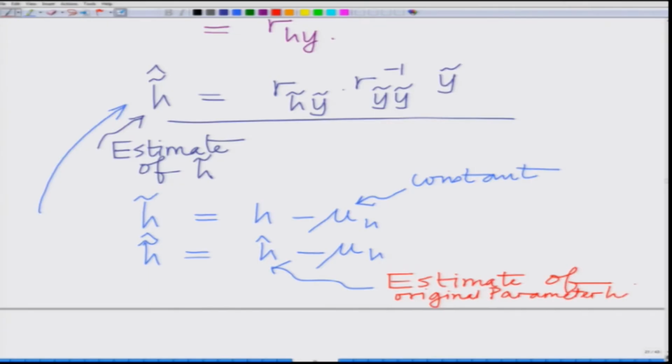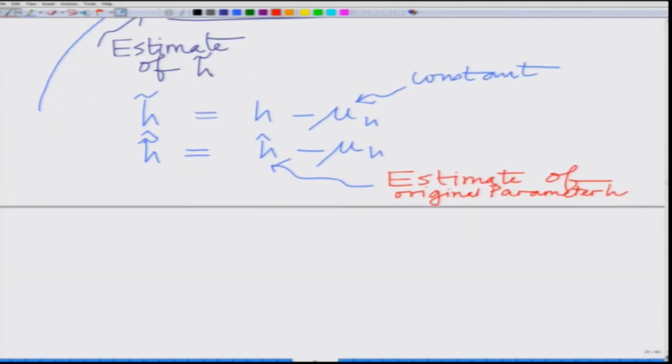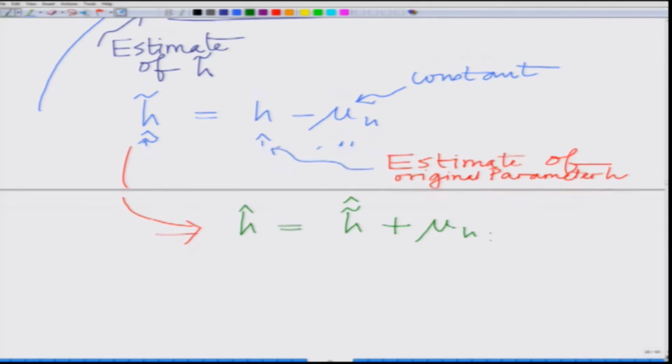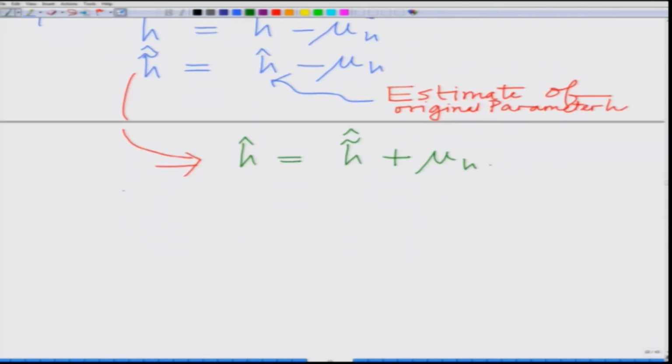Estimate of original parameter H is H tilde hat, which is H hat minus mu H, which also implies, now if I have to write it this way, rearranging this, this implies that H hat equals H tilde hat plus mu H. We have that simple relation, okay. Now, substituting this, we have H tilde hat